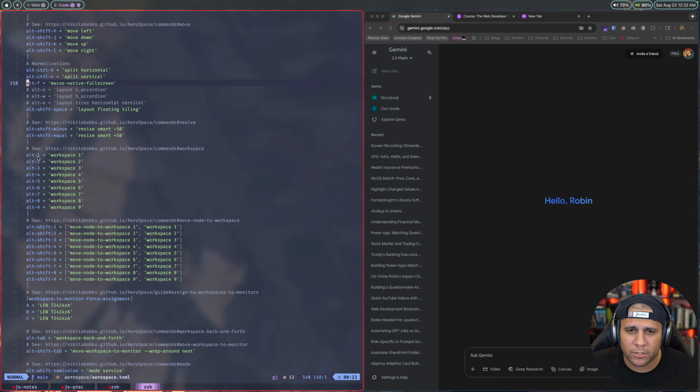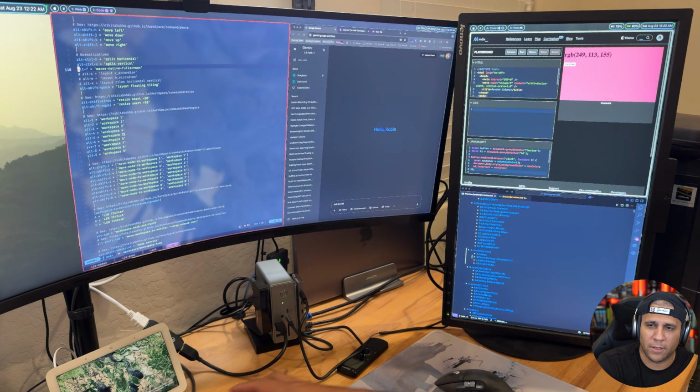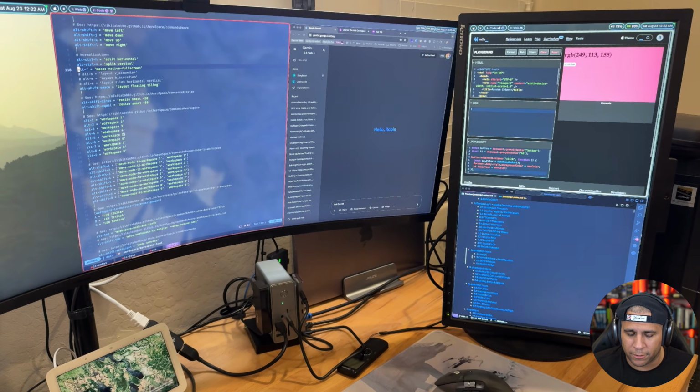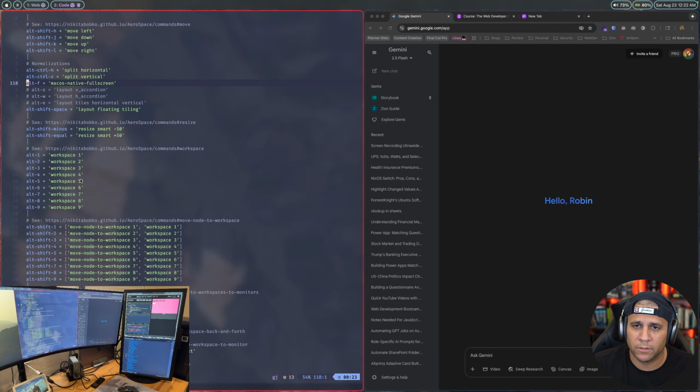50%. And now here, these are the workspaces. So earlier you saw workspace A, B, and C, which is on the second monitor. Let's see if this, okay, there you go. Yeah, A, B, and C is over here. And then here on this monitor, I have workspace 1 through 9, essentially. I primarily only use